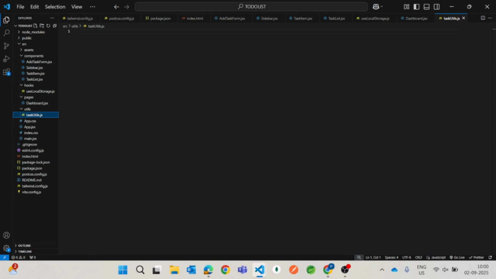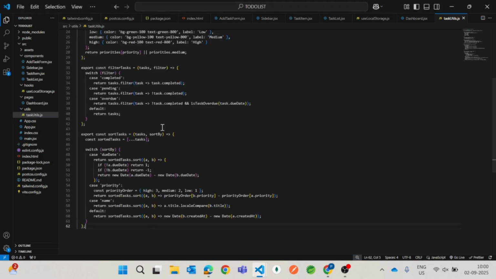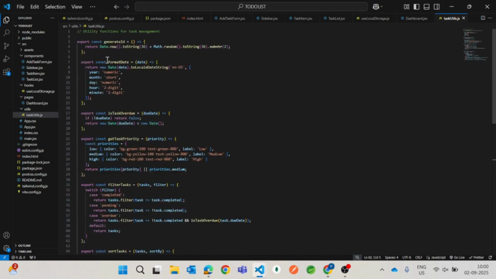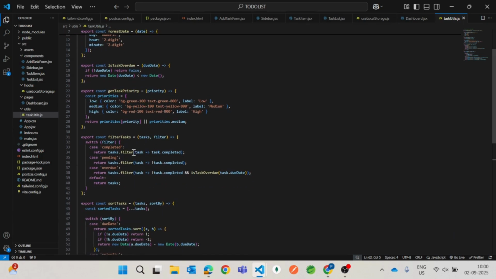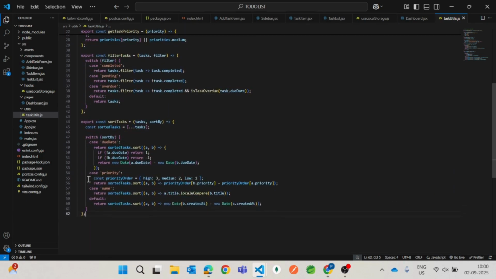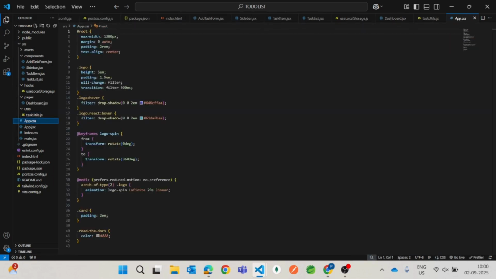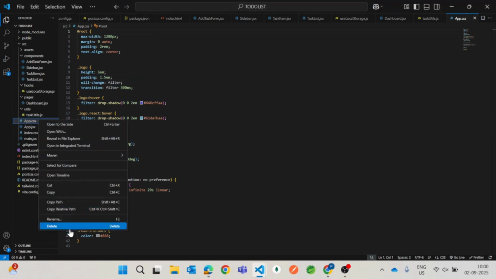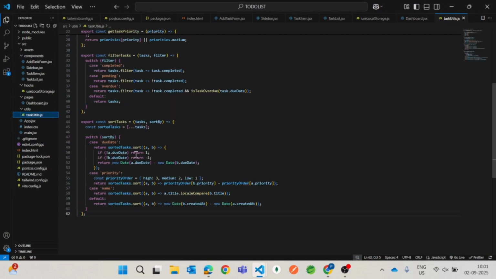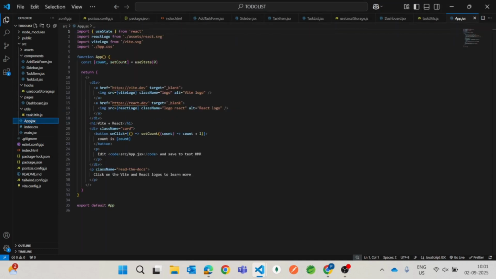Once this is done, we have taskUtils. So taskUtils is a simple thing. So Math.random, calculate everything. So we have digit and all, numeric digit, local storage thing, and we have filter, overdue, and sort. Now we'll open the App.css. Just delete this file. Just delete that App.css and we'll have this